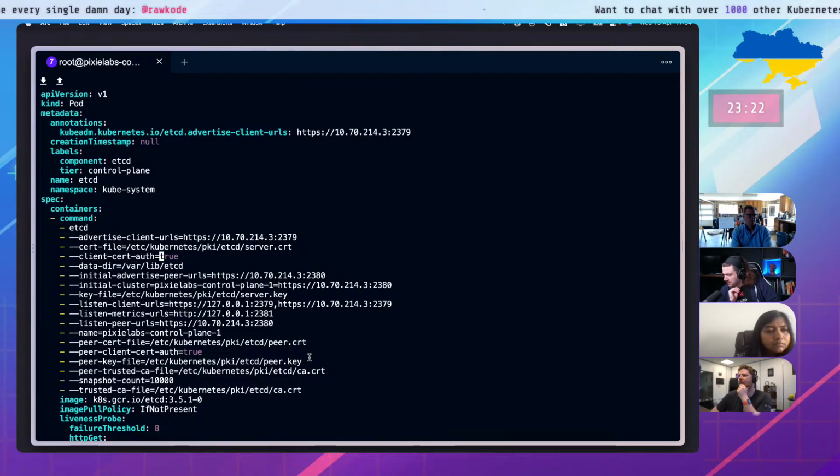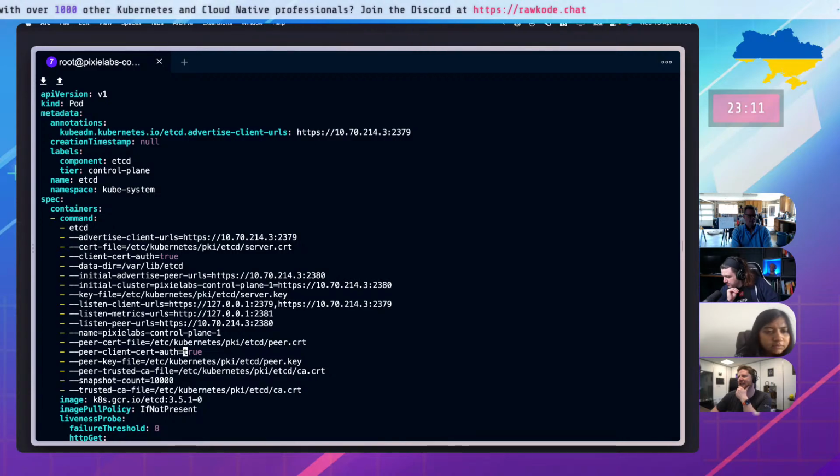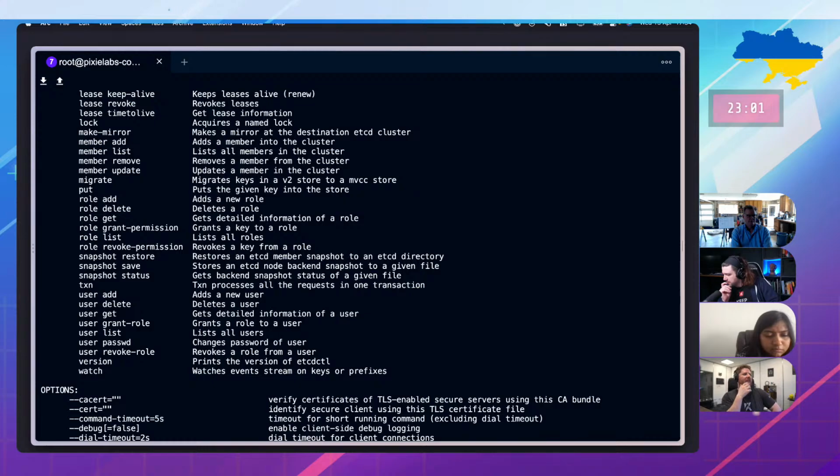I don't think that's... Yeah, we're being told to look at etcdctl again. Not in the manifest. Okay. Not in the manifests.